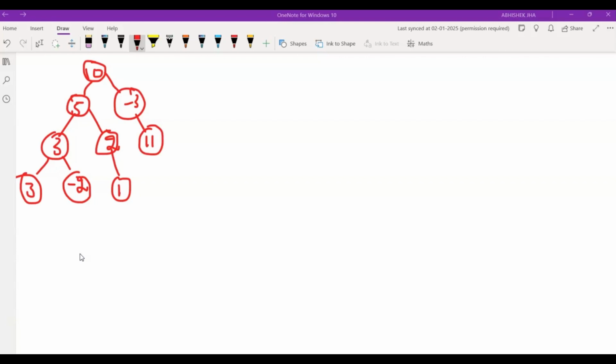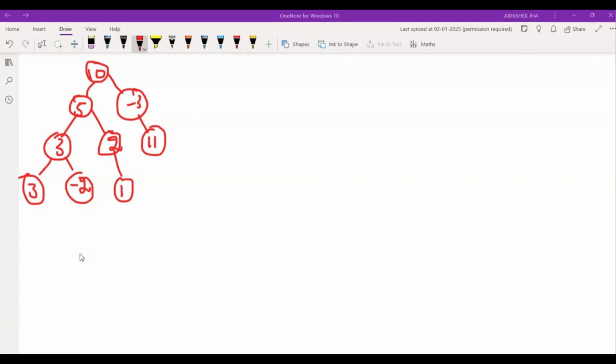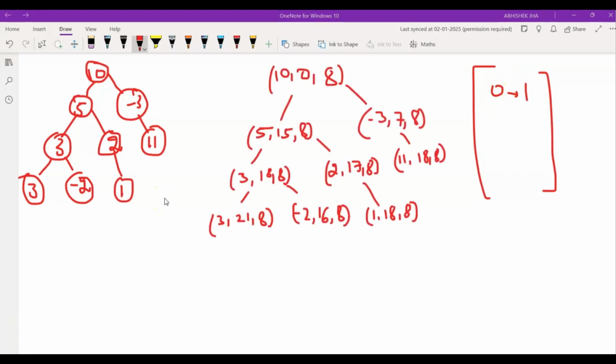So for every current sum, we'll check in our prefix sum map whether current sum minus prefix sum equals target sum, which means we have found a valid path, and then we'll increment our count variable. So let's understand how our optimal approach works by doing a quick dry run on this example, and then we'll code this approach and submit. In our optimal approach, since we are using a map to store the prefix sum, our first step would be to map the current sum, that is 0, to 1. Now we'll start the DFS call sending root, current sum and target sum.